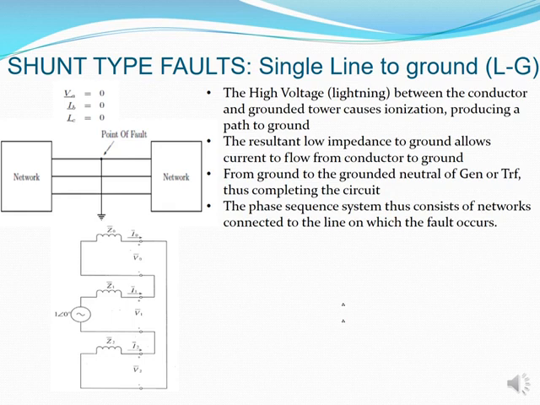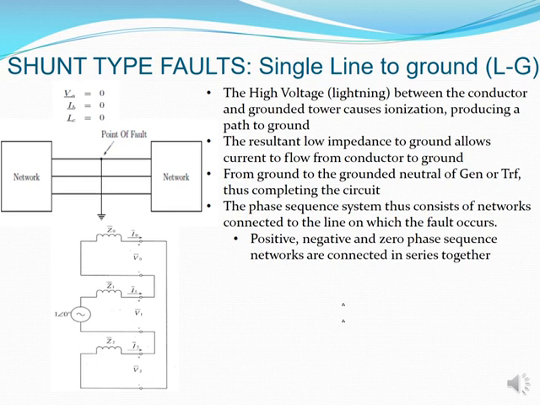At the bottom, we are showing what our zero, positive, and negative sequence networks are doing in a single line to ground type of fault, where they get connected in a series format. If you're looking over there, you'll see that your VA is going to be your V0 plus VA1 plus VA2, and therefore your V0 is actually equal to minus Z0I0, and this you see from this bottom figure. And your V1, you can see that you've got a V there which is showing as 1 at 0 degrees, and then you will subtract your Z1I1 to get your V1,